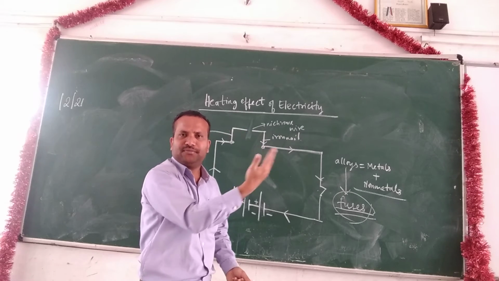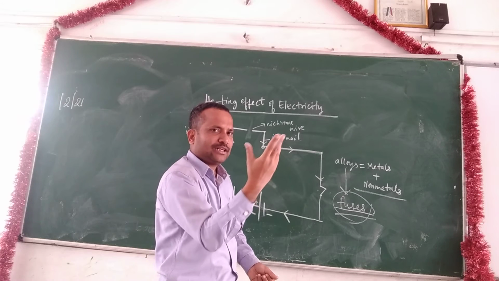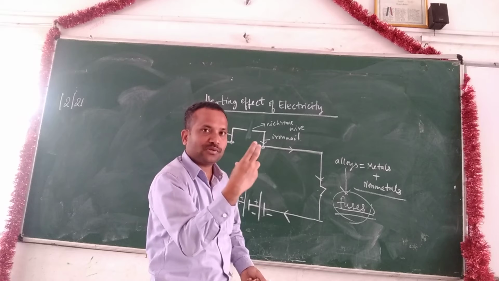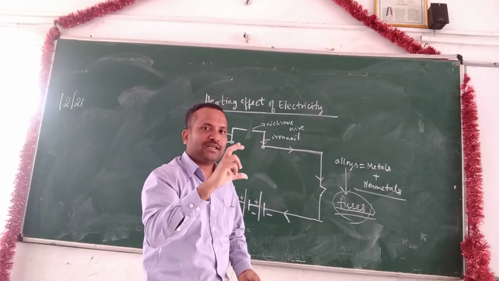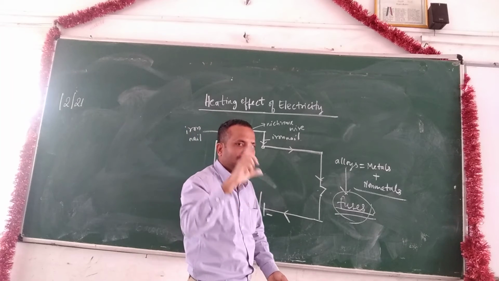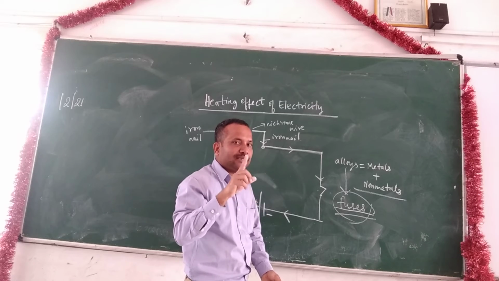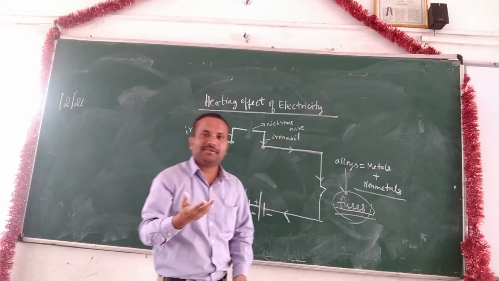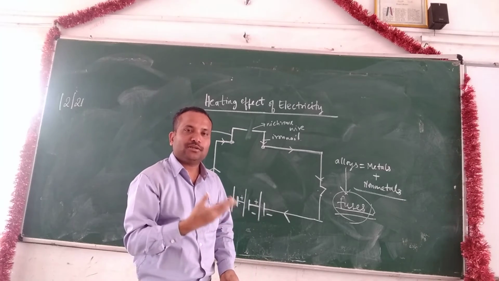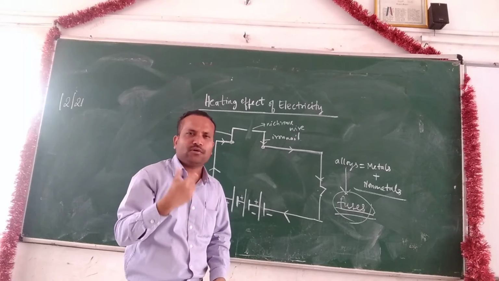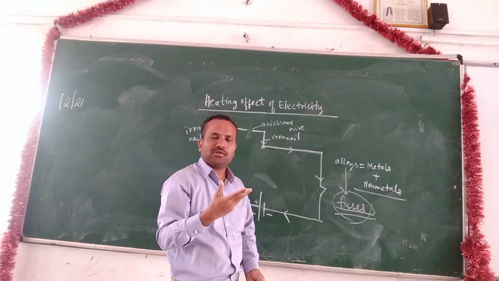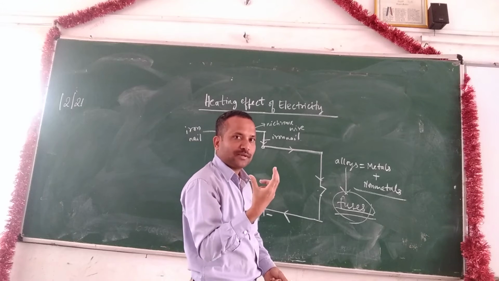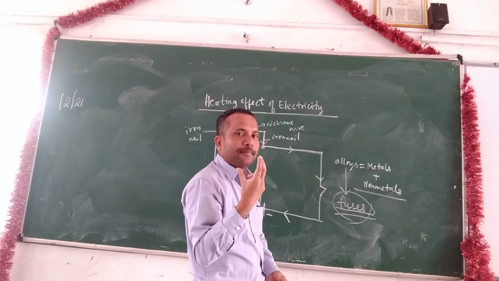Wherever the current is coming from, children, when it enters our home, it has to first pass through one fuse. Inside the fuse, we have a coil. That coil is made out of alloys. If a lot of voltage comes into our house, that voltage will carry a lot of current. Because of that high voltage, there is a chance that inside the fuse we have a wire.